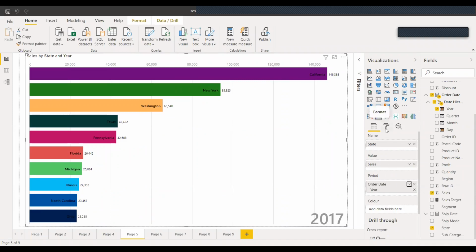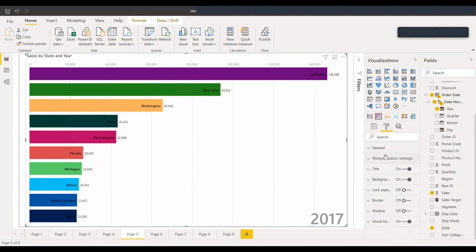The other feature that we can control here is how many states you want to show. Like here currently it is top 10, so you can just change it to top 5 or top 6 or something like that. Then we have duration. The current duration is 5,000 seconds. If you want to increase the speed, you can just reduce the duration. If you want to reduce the speed, you can just increase the duration.